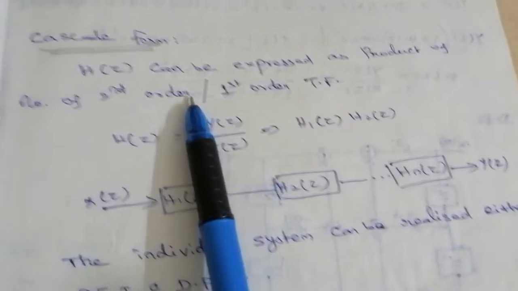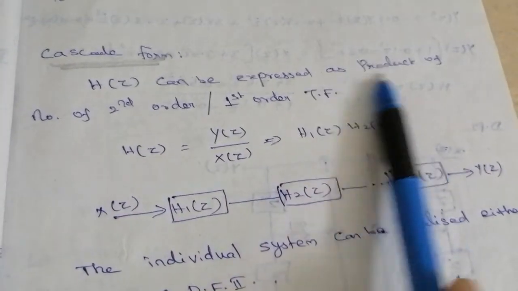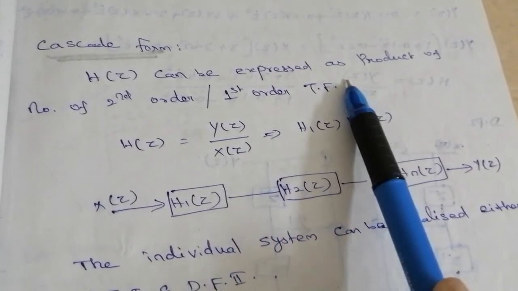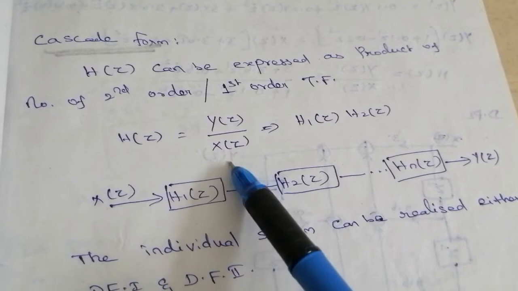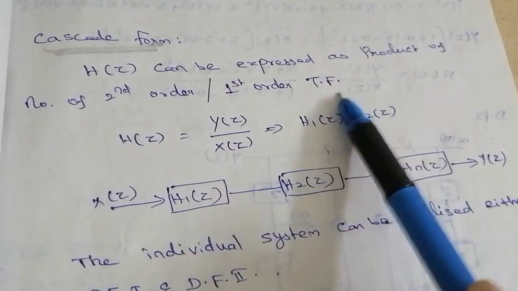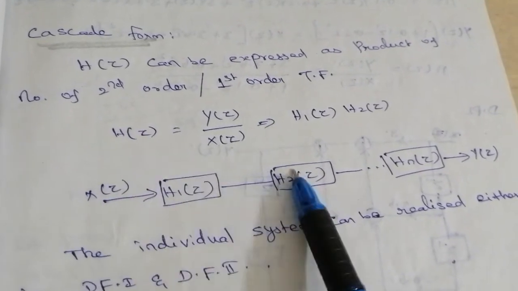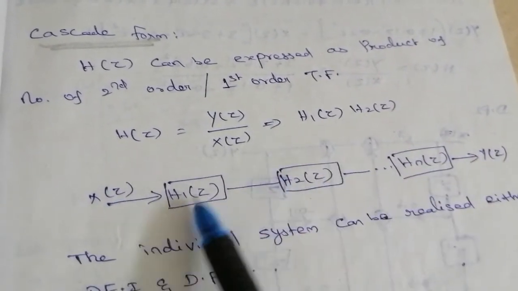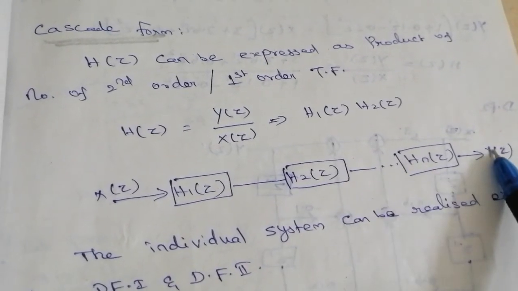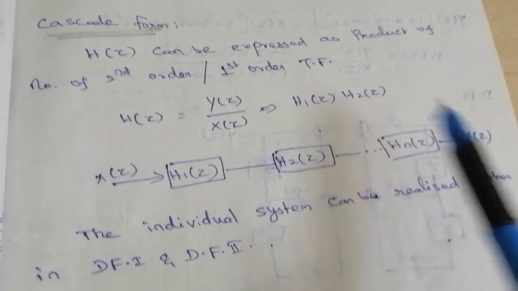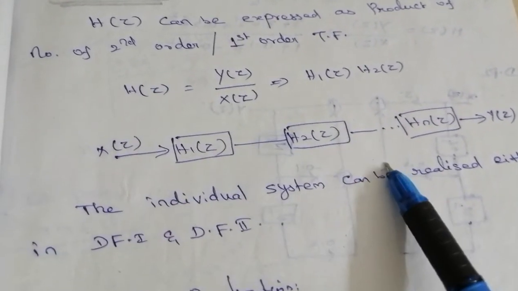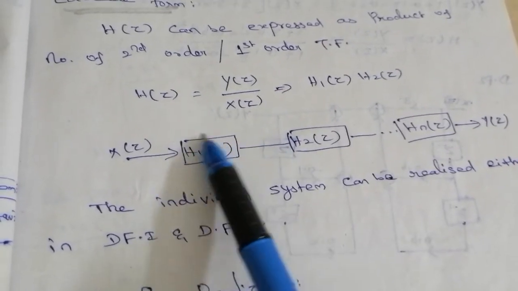So cascade form. H of z can be expressed as a product of a number of second order or first order transfer functions. We know already h of z equal to y of z by x of z, which is nothing but h1 of z, h2 of z. So cascade means we simply draw the next. Cascade is multiplication. h1 of z is multiplied with h2 of z up to our requirements. So the individual system can be realized by either direct form 1 structure or direct form 2 structure. Okay. So h1 of z,